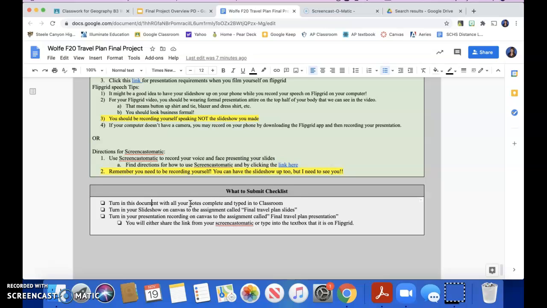So you're going to go ahead and do this assignment on Google Classroom. So whether you're in Block 3 or Block 4, you will go to our Google Classroom page, you'll find this assignment. If you're confused at all, go to Canvas. I will make assignments in Canvas as well that direct you directly to Google Classroom so you'll know when all of the due dates are. You will make your slideshow. You'll turn that into Canvas. You'll share the link just like you're used to doing.